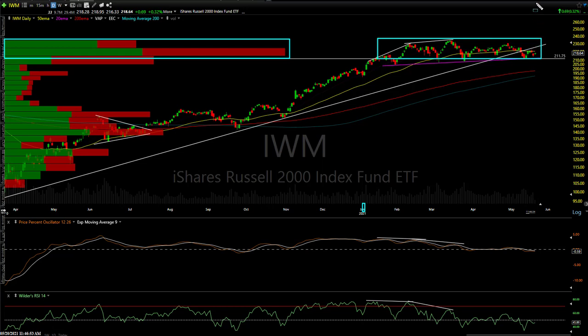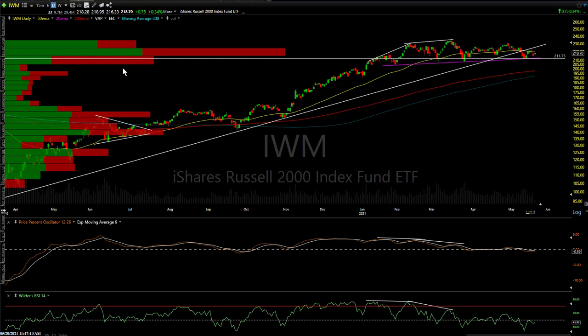And the way technical analysis works, if we can power through that trading range up, that's bullish. But if you break down, that's very bearish. You have a lot of trapped buyers, a lot of trapped longs in, for example, IWM. So there's a big level for me, and that's again that 211.75-ish level. And I also have an uptrend line. And where do we go from there if it breaks? Well, one